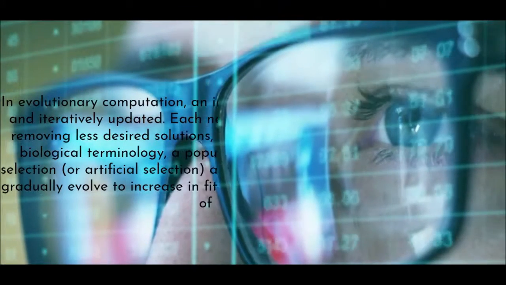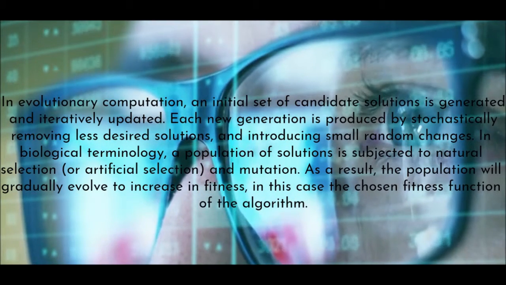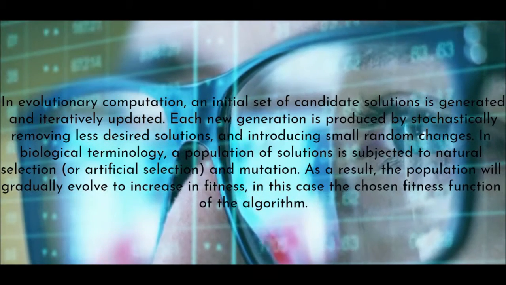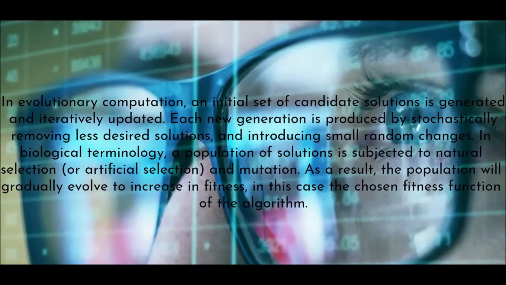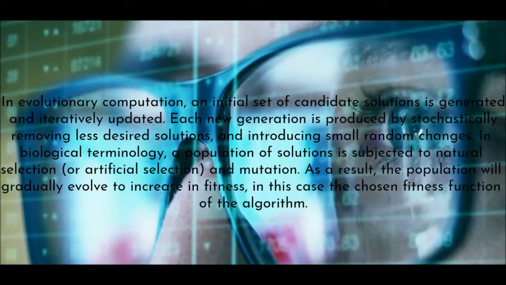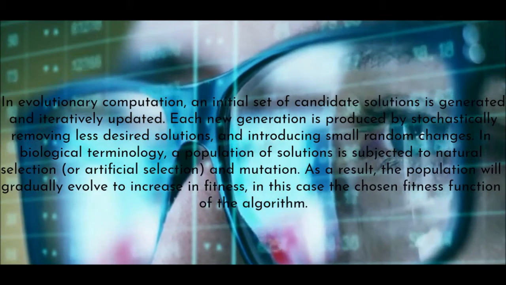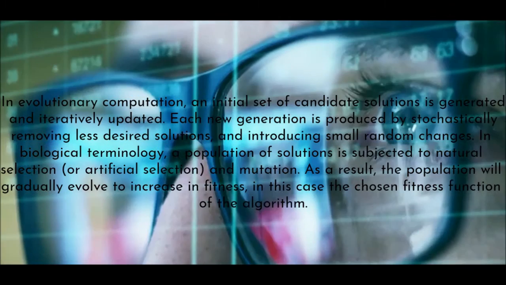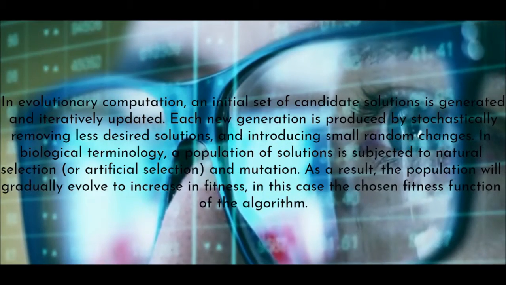In evolutionary computation, an initial set of candidate solutions is generated and iteratively updated. Each new generation is produced by stochastically removing less desired solutions and introducing small random changes. In biological terminology, a population of solutions is subjected to natural selection, or artificial selection, and mutation. As a result, the population will gradually evolve to increase in fitness, in this case the chosen fitness function of